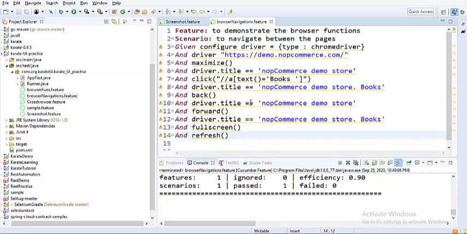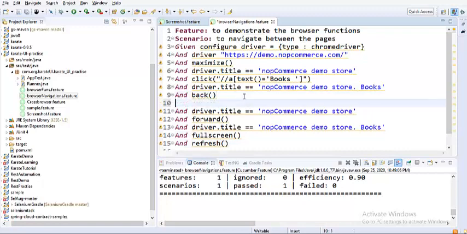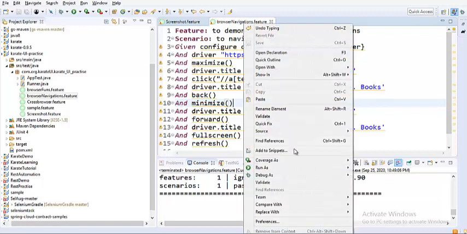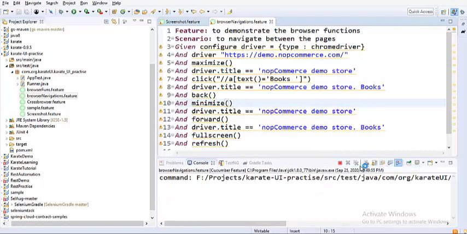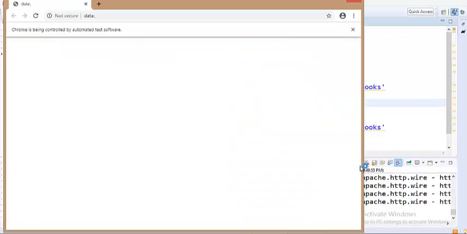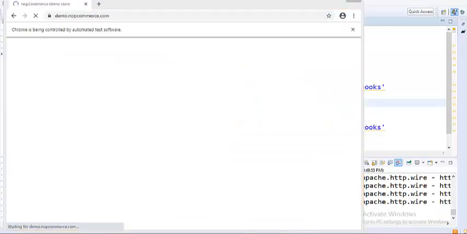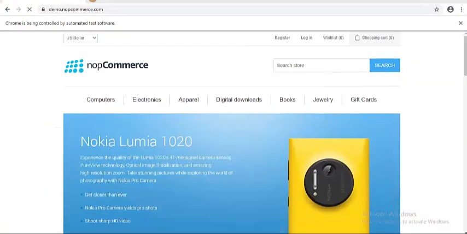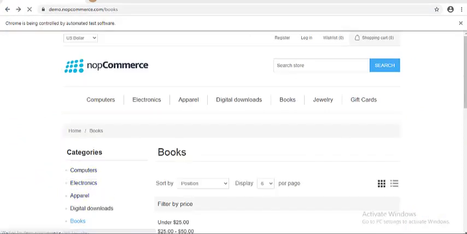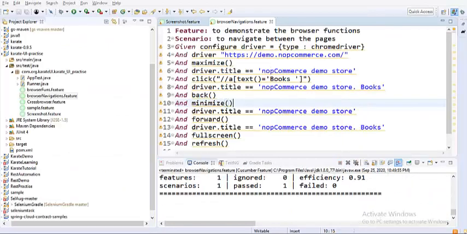And also, after getting into the back, I would basically do a minimize function, so that you can see the browser window automatically minimized. This is not going to close it; rather it minimizes so that you can attach that browser to your taskbar. Whenever you click on it, it comes back again. So let me run this particular feature file again. After going back to the home page, you should see that the browser gets minimized. I'll be clicking as that happens so that the browser comes back again. Because it happened in a fraction of a second, you would not have noticed that.